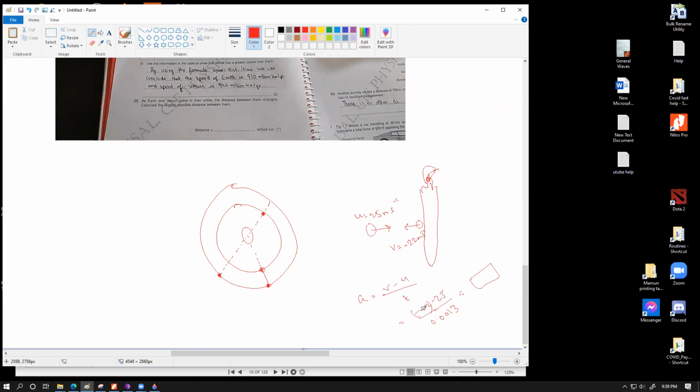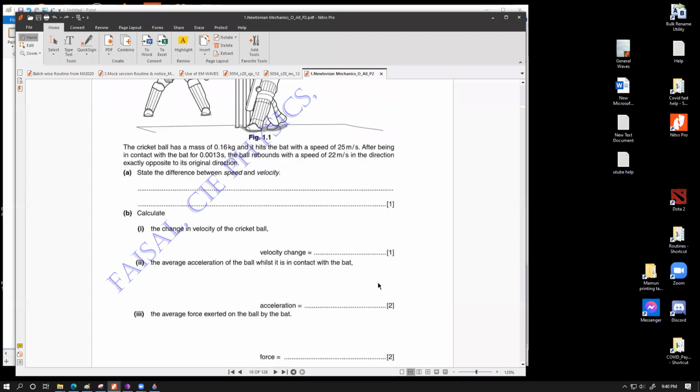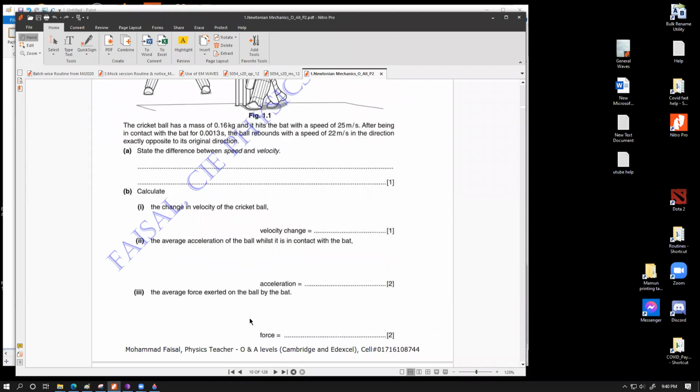But if you don't do this, if you only do 25 minus 22, the examiners said that you're going to get at least 1 mark because of understanding that v minus u divided by t, but you're not going to get the full mark. But over here, you're going to get the ECF anyway.